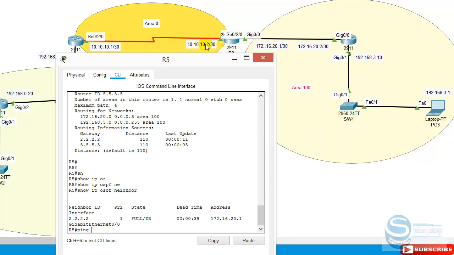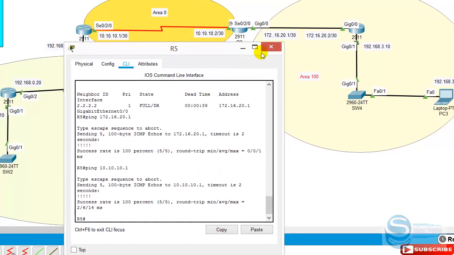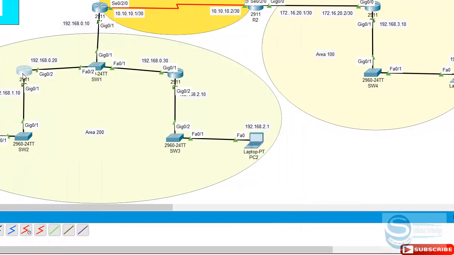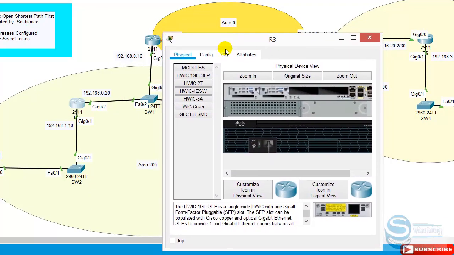Let me ping from this router, first of all, the default gateway 172.16.20.1. I'm receiving a reply. If I ping this IP address 10.10.10.1, I'm receiving a reply. Now I'm going to these routers to configure the